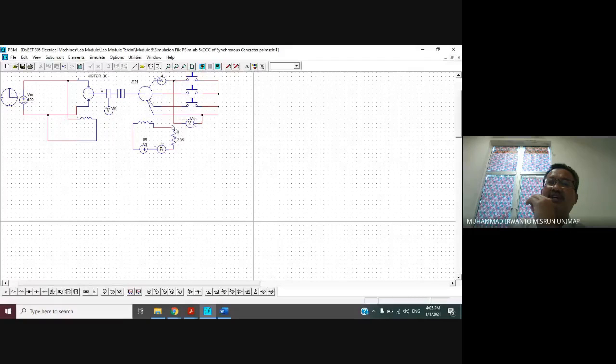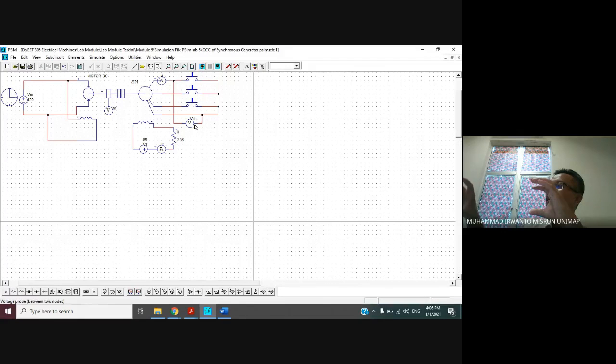From here, you can measure the phase voltage. Remember, under the open circuit condition, no current can flow through this armature resistance. There is no current flowing through the stator winding. So you just obtain the value of phase voltage. Because there is no current, this one is the winding, and this one is the terminal, open. You measure here.